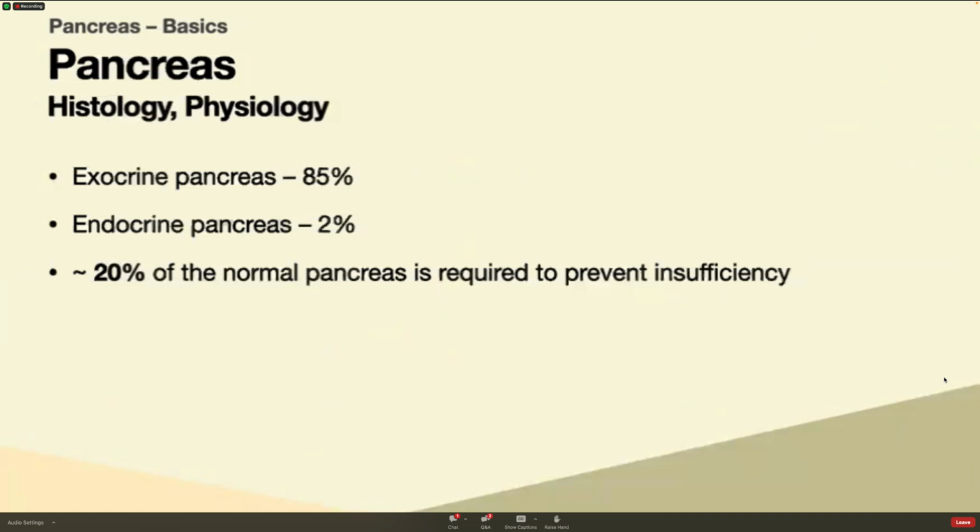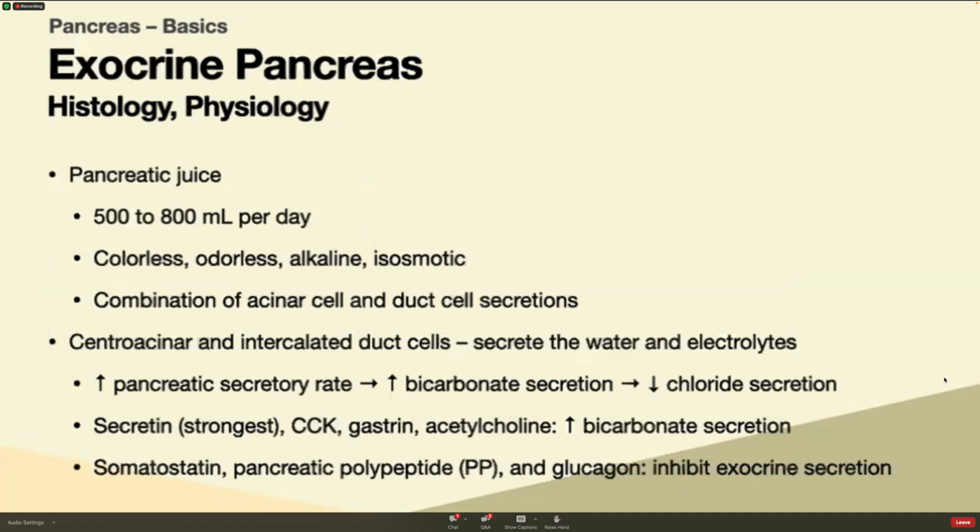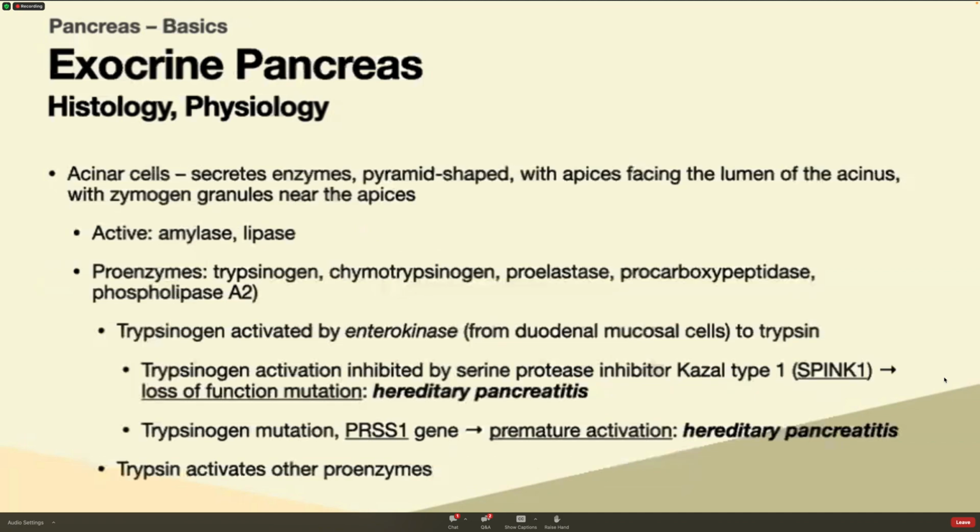Now we go to the histology. The exocrine pancreas accounts for 85% of the gland, while endocrine accounts for 2%. And to prevent pancreatic insufficiency, you would need at least 20% of normal pancreas. We can just skip through these. You can just read this in Schwartz. Here, sometimes they ask this in the exam